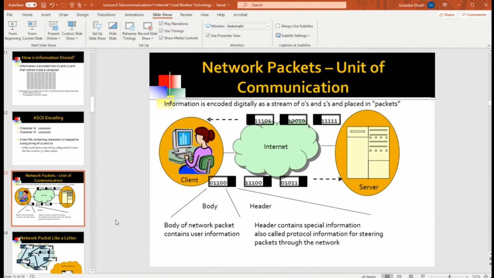The size of a packet has typically been around 576 bytes. So you can do the math: that 5 meg file is going to end up being several thousand packets. And it's these packets that are